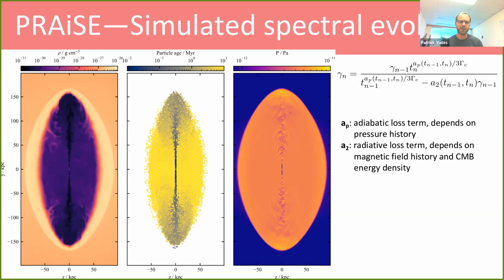This model is based off the RAYS semi-analytic model by Ross Turner and incorporates a lot of his iterative Lorentz factor evolution. So that's the equation that you can see in the top right of the screen there. I won't go into it in too much detail, but the overall methodology is that each particle is taken to represent an ensemble of electrons that move with the fluid. And then the pressure and density history of each particle is used to determine the adiabatic and radiative losses for